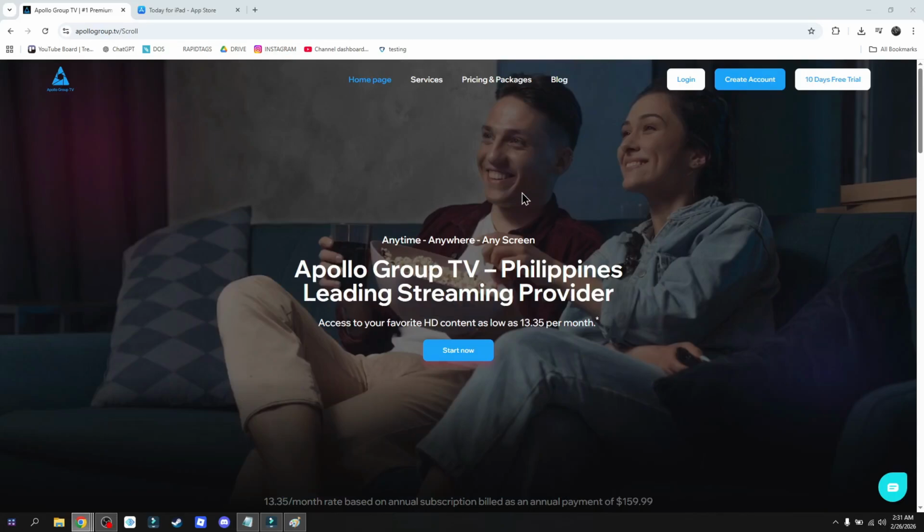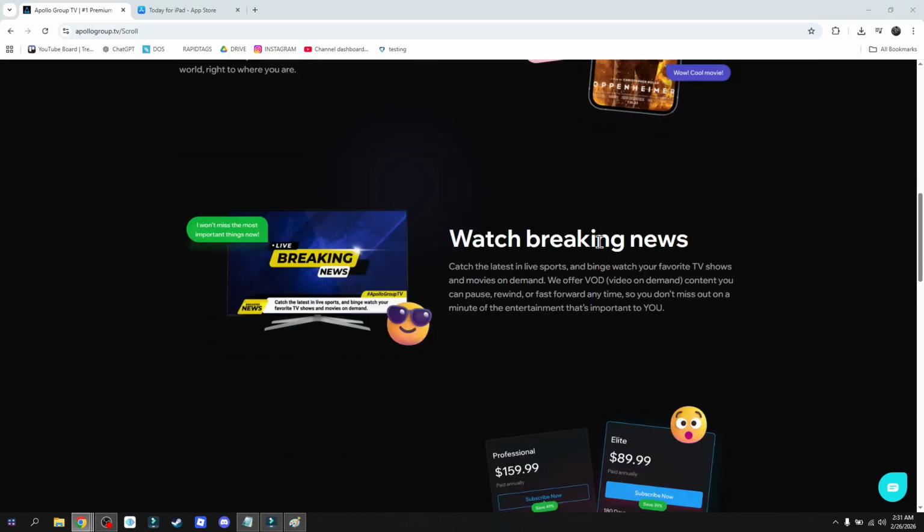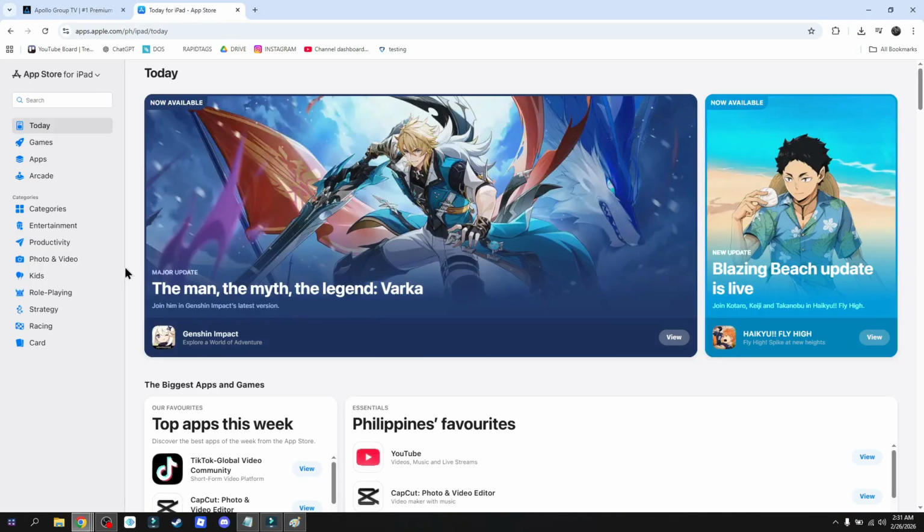How to install Apollo Group TV on iPad. Now in this method, I'll show you how you can install Apollo Group TV on your iPad. Now this process is actually similar to doing it on any type of iOS device that you can use on your end. So of course, the very first thing that you have to do is to access